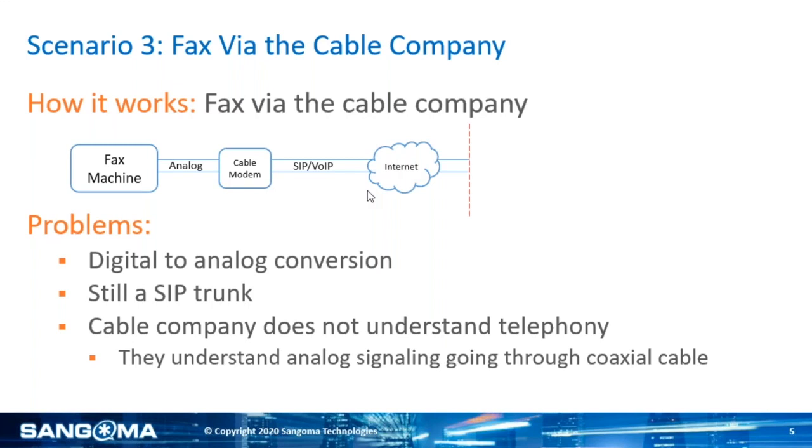And worst of all, when faxes fail and they send a tech out, or you call into a call center, they don't understand enough about that technology. They don't understand enough about telephony. And they certainly don't understand enough about digital networking in order to truly help you. They're going to go, "signaling looks good," which worked when it was 1989 and channel 30 was a little snowy. Does not work so much as far as fixing faxing issues if you're doing it through the cable company and one of their cable